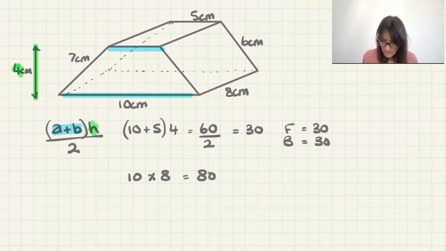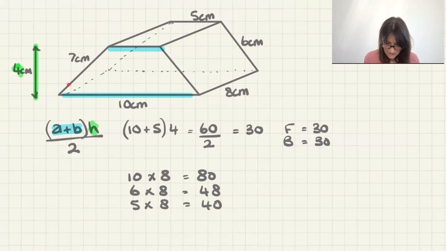And then I'm just going to work my way round, I think. So I'm going to go along that one now. So that number there is 6. So it's now 6 times 8, which is 48. Go along the top, and I've got 5. 5 by 8. And then down this edge, which is 7. 7 times 8,